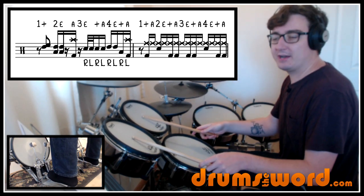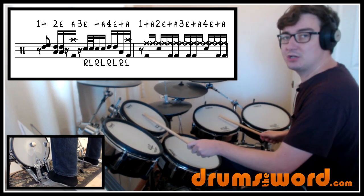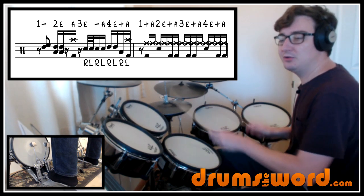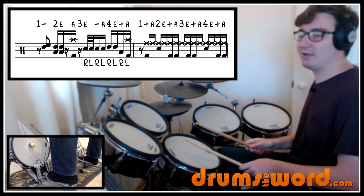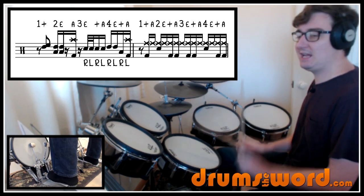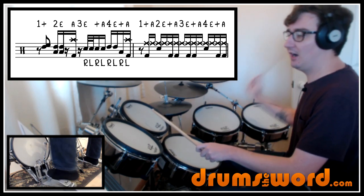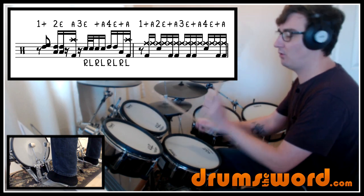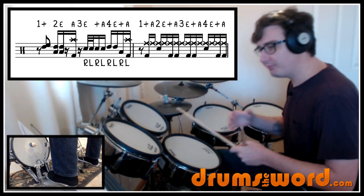And I've chosen the two highest toms. We come in on the and of 1 and then down two toms, 2 E, and then a crash cymbal on the and of 2, 2 E, and then coming again in on the E of beat 3, so we skip over 3, 3 E and then 4 E and 4 E, and I actually play it with my left hand because it rolls out that way, 4 E, and then we skip over beat 1 and we go into that